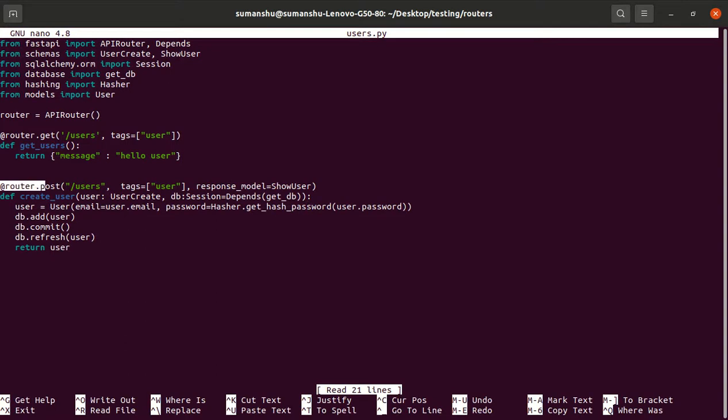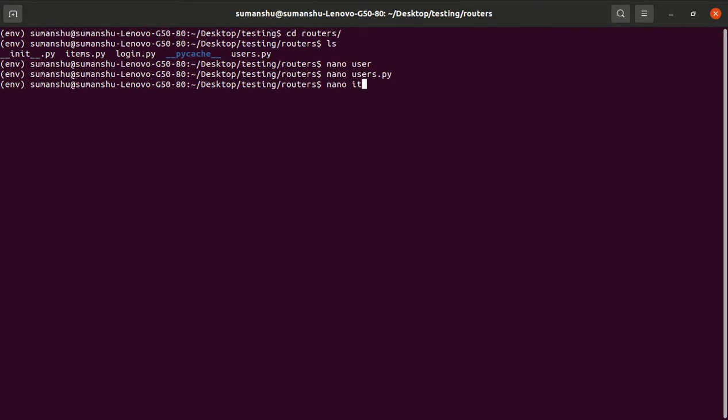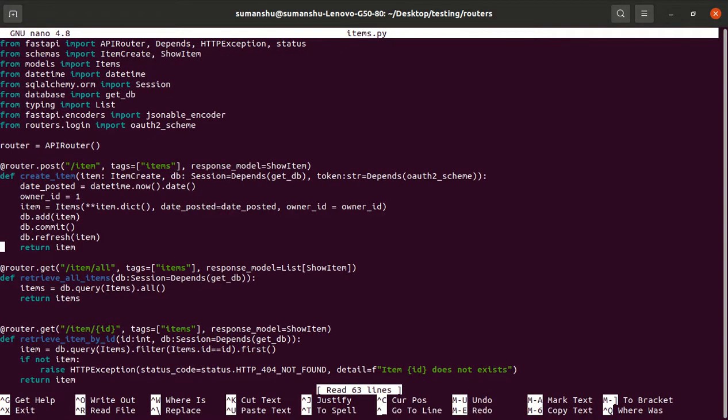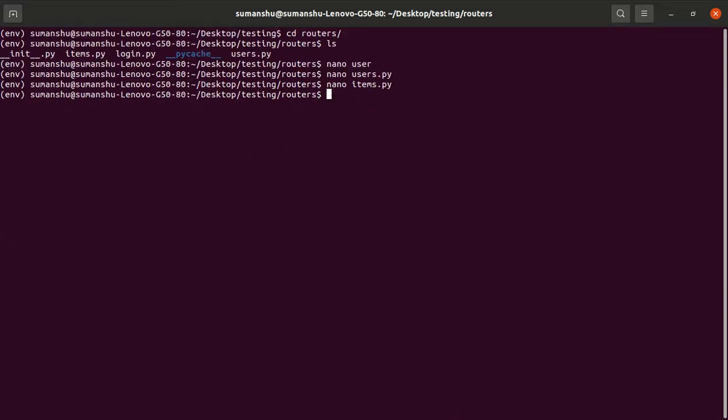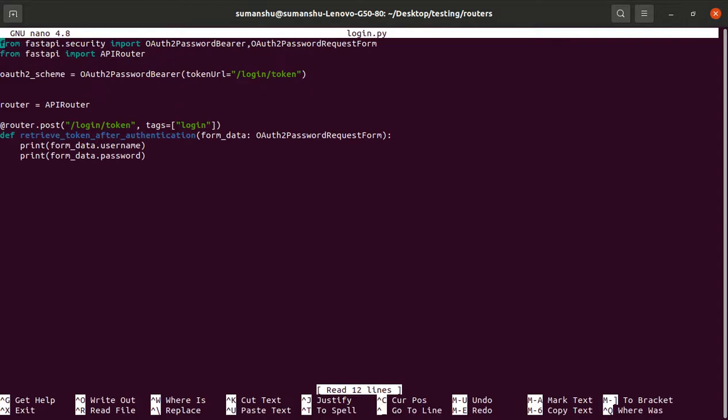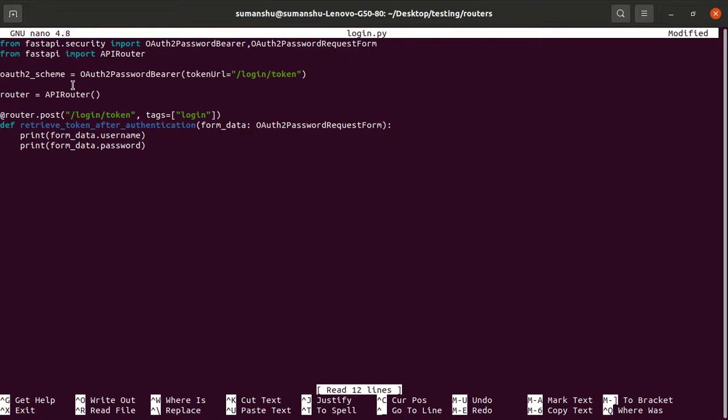We are mentioning @router.post, user, tags. Everything is okay. Slash user. API router. And if I check items.py, that is fine. So in the login.py file, okay, I forgot to define this bracket as well.